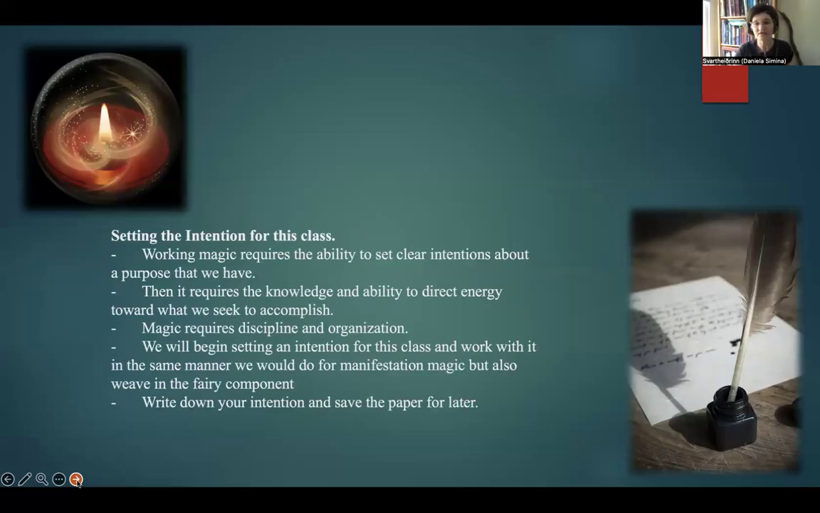I will ask that you take a piece of paper, because it is time for us to set up an intention for this class. And also, this is the time to disambiguate a little bit the word magic, because magic